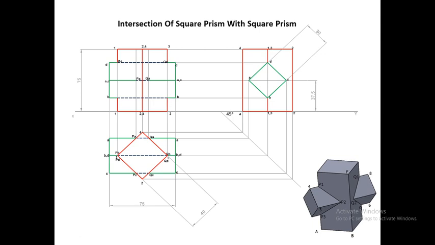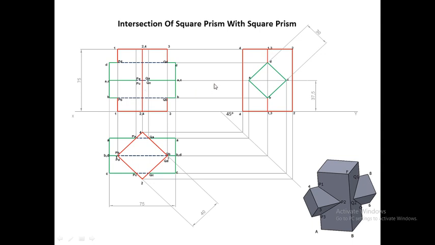Also we have marked PA and QA, and we have marked PB and QB. So finally we have marked all the points of intersection. Students, one thing to remember: in order to mark the points of intersection, you just have to project these points in the front view by drawing vertical projection lines, and project these points again by drawing horizontal projection lines, and wherever the respective vertical projection lines cut the respective horizontal projection lines, that will be marked as the point of intersection.